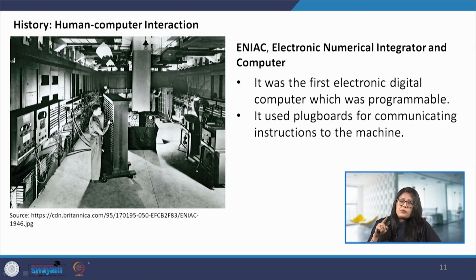Now, the purpose of ENIAC mainly was in the area of ballistics. Since the World War was going on, there was a need to find the trajectory of the various weapons, because the trajectory is determined by many factors like wind speed and environmental factors. This exercise till now was being done manually, and tables were being made by hand. Now this computer really helped them come up with the ballistic tables very quickly, so it made the whole system very fast.